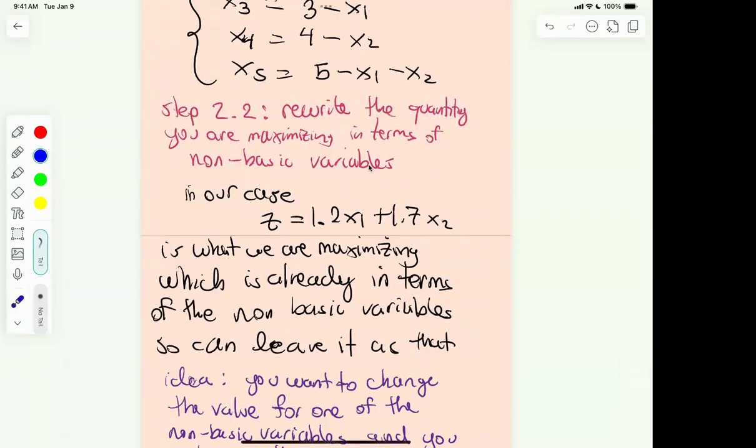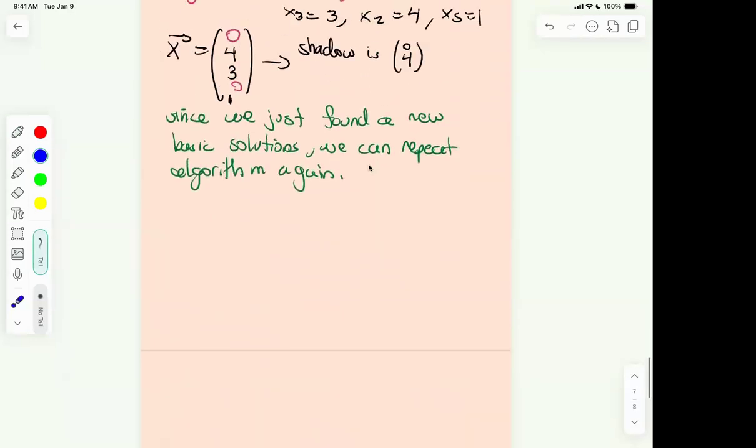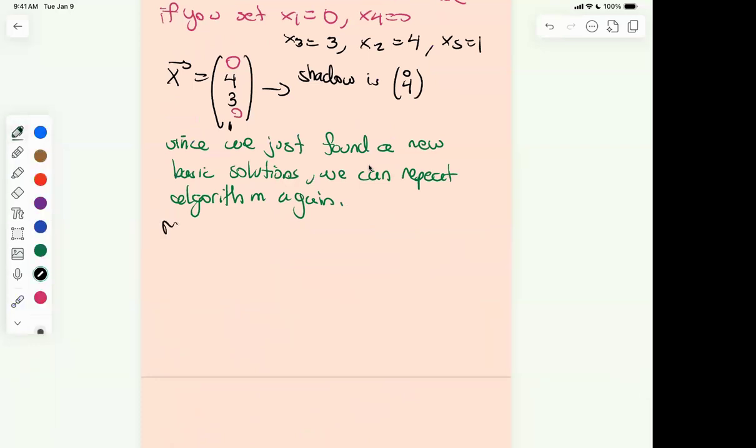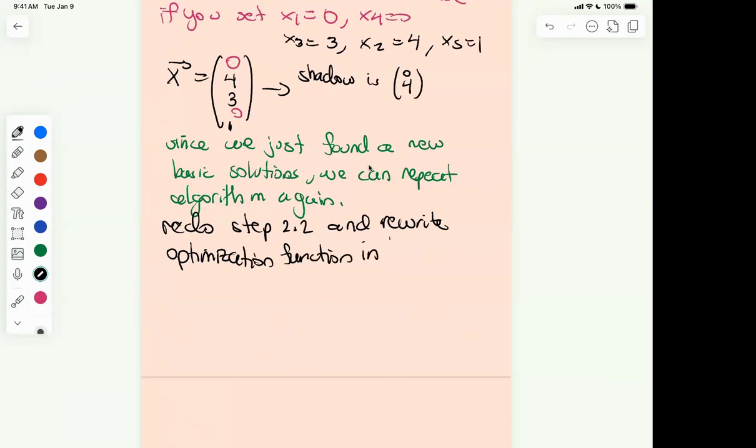Step 2.2: rewrite the function we're maximizing in terms of the non-basic variables. We haven't done this yet, right? Because x2 is no longer a non-basic variable. It's a basic variable in this new interpretation. So we do have to redo step 2.2 and rewrite the optimization function in terms of the non-basic variables,